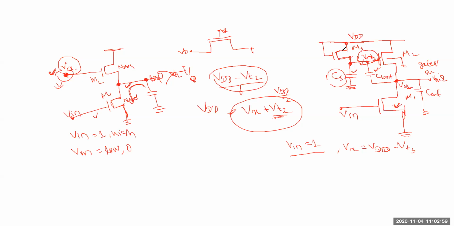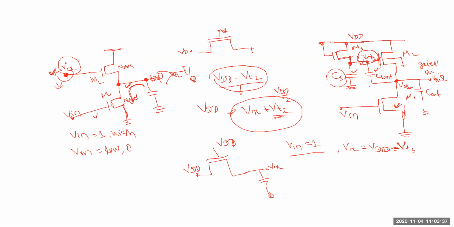See, this is VDD. Your one terminal is VDD, the gate is also at VDD. This is in saturation. Here this is one capacitance. It is like this circuit: this is VDD, this is VDD, this is one capacitance, and this is Vx. Same circuit or not? So you will get VDD minus VT3. So this point voltage is VDD minus VT3. Clear?